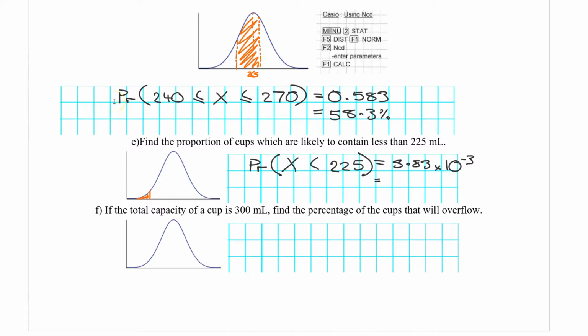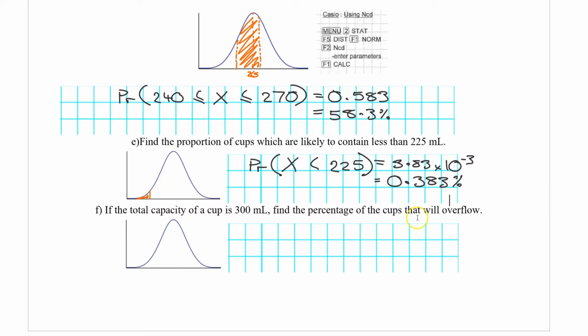And what does that convert into as a percentage? Well, it's 0.383%, like so. So what we find is that the probability of getting a cup filled that's less than 225 milliliters is unbelievably small. In fact, it's so small you'd very rarely see that by the looks of it. Okay. Now F, if the total capacity of a cup is 300 milliliters, find the percentage of the